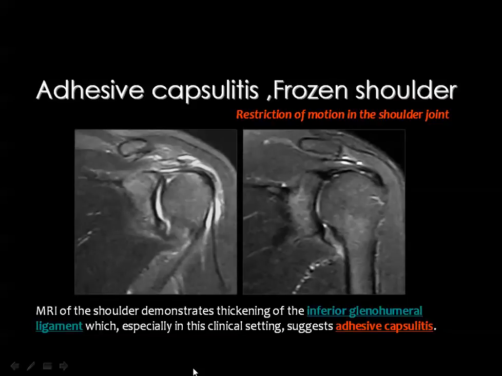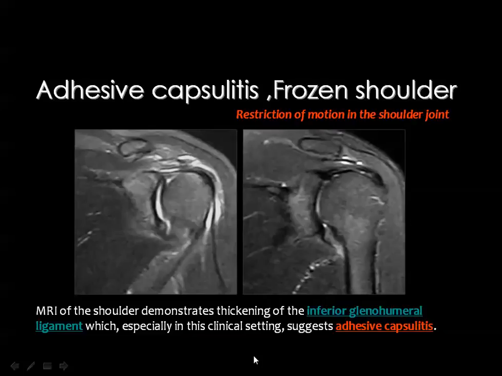Then you remember that I have mentioned that whenever you see the inferior glenohumeral ligament is very short and very thick, you think of adhesive capsulitis or what's known as frozen shoulder. I have mentioned also that the normal thickness of the inferior glenohumeral ligament is in the range of 4 millimeter. Then if you see that the ligament is thicker, then you are dealing with this pathologic entity, which is